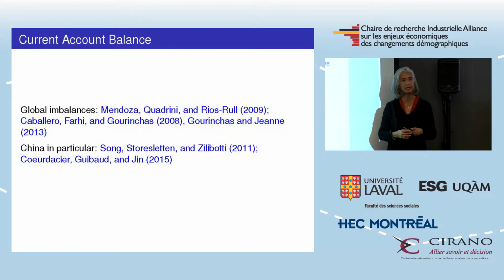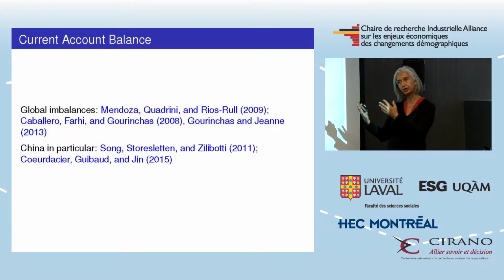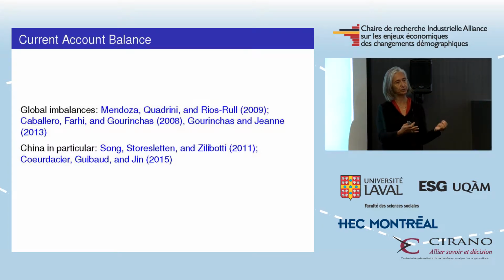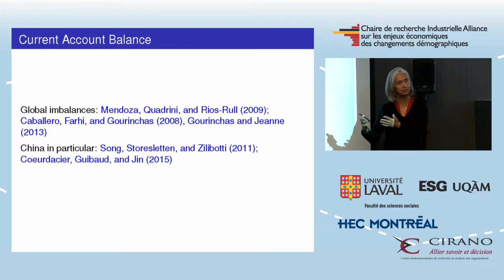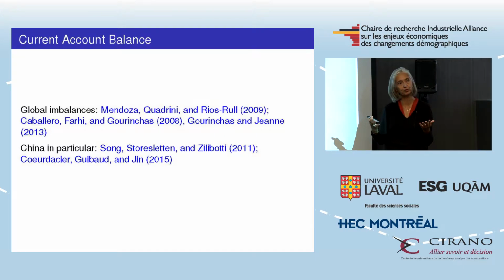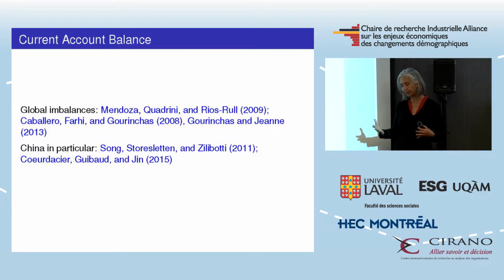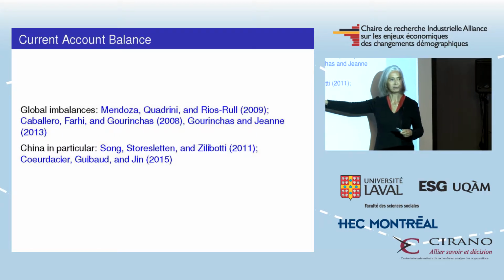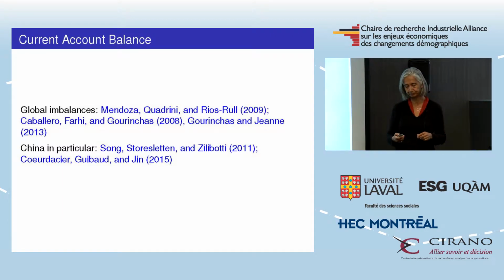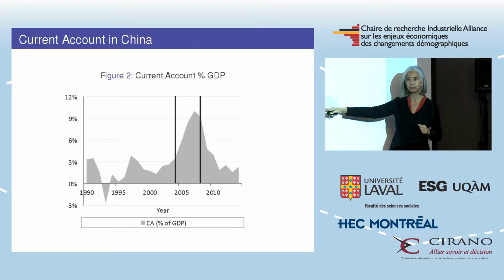For example, this first one looks at the transition in China from state-owned enterprises to more entrepreneurial firms. State-owned enterprises do not face borrowing constraints, but the entrepreneurial firms face borrowing constraints. So when you're doing this transition, you're seeing that the savings in the corporate sector are going up because you're moving more towards companies that are facing borrowing constraints. So this one focuses more on the corporate savings part of the equation that determines the current account balance. This one looks at the household savings and the one-child policy and the impact of household savings on the current account. Many of these papers actually end around 2008, so they're mostly concerned about this increase in the